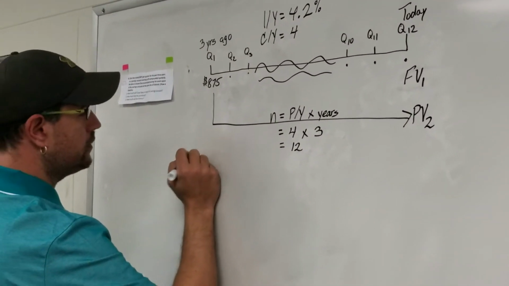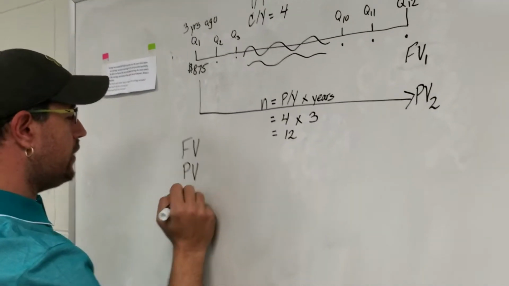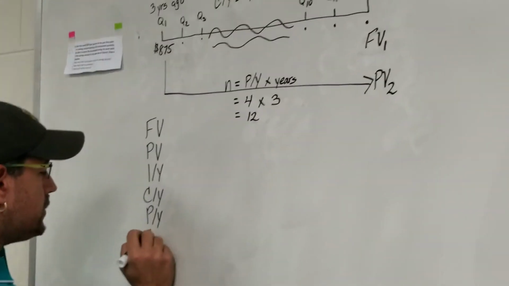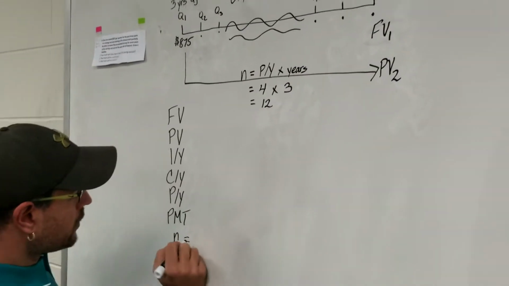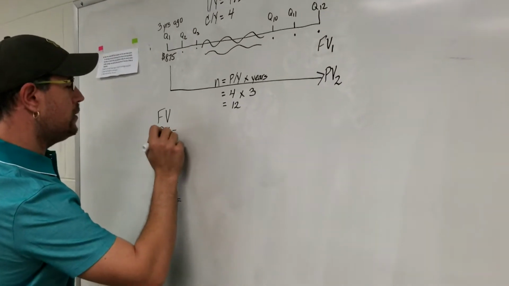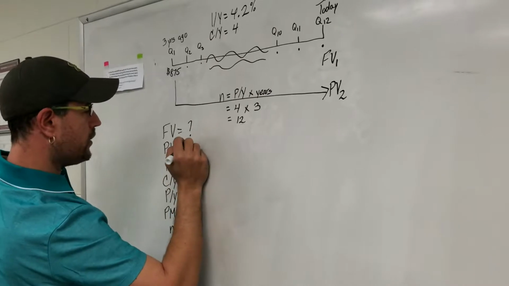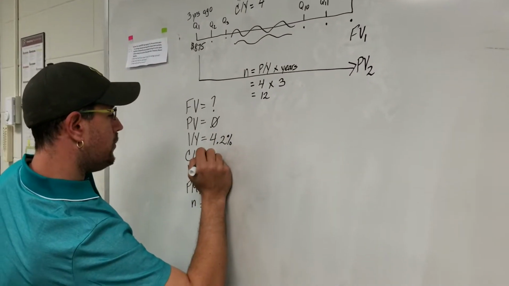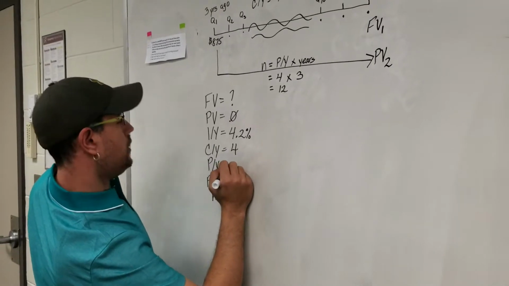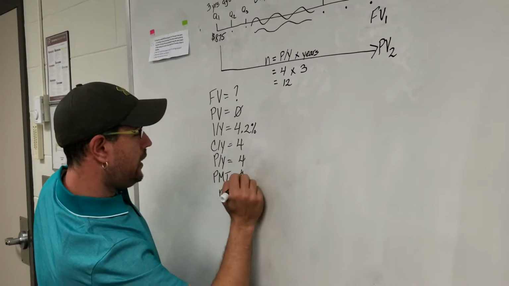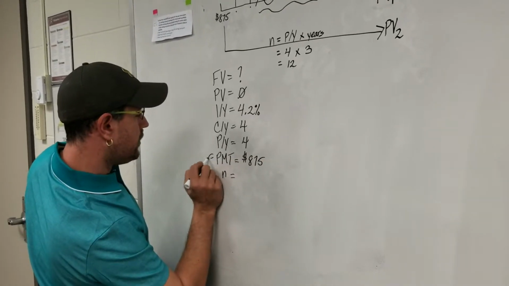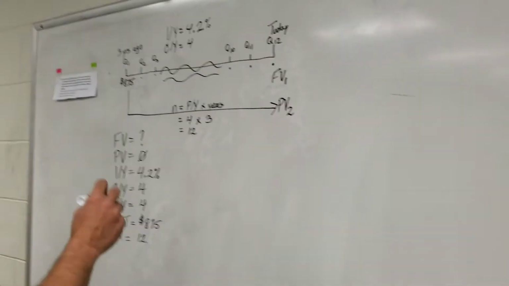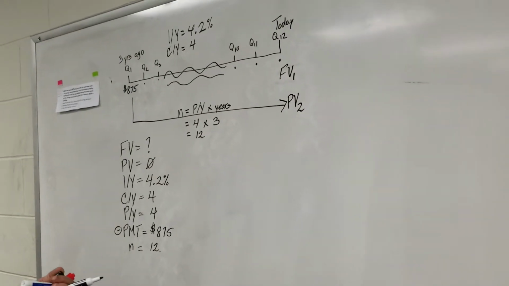And if we make our list: future value, present value, IY, CY, PY, payments, and the number of payments. Our future value is unknown. Our present value is 0. The IY is 4.2%. Compounding is 4. Our payments per year are 4. Our payments are $875, and we enter that as a negative in our calculator, and the N is 12. When we figure all that out, we get a future value of